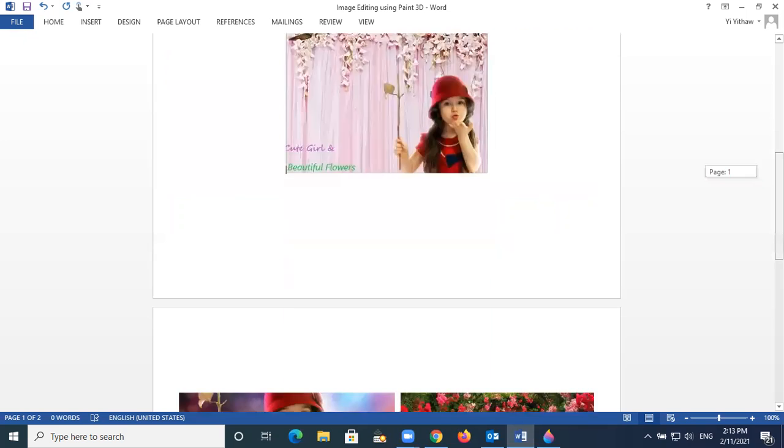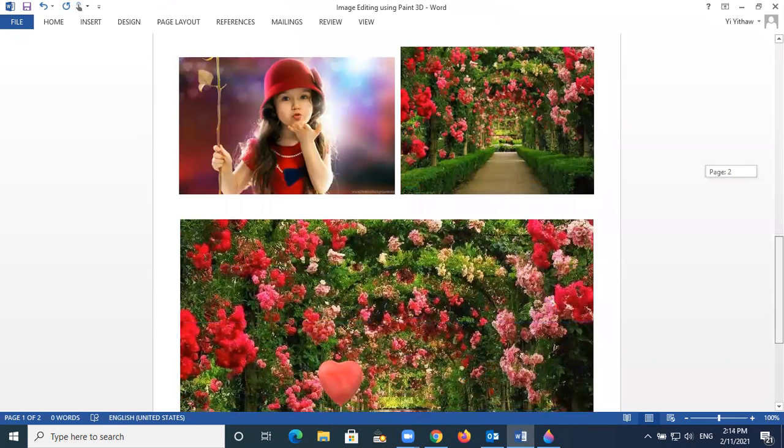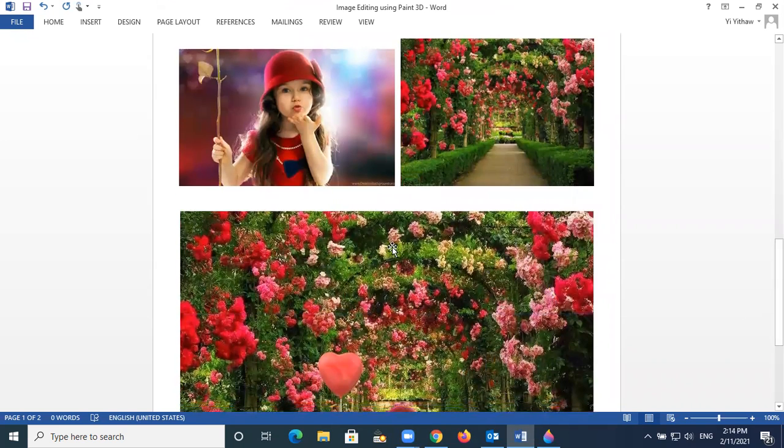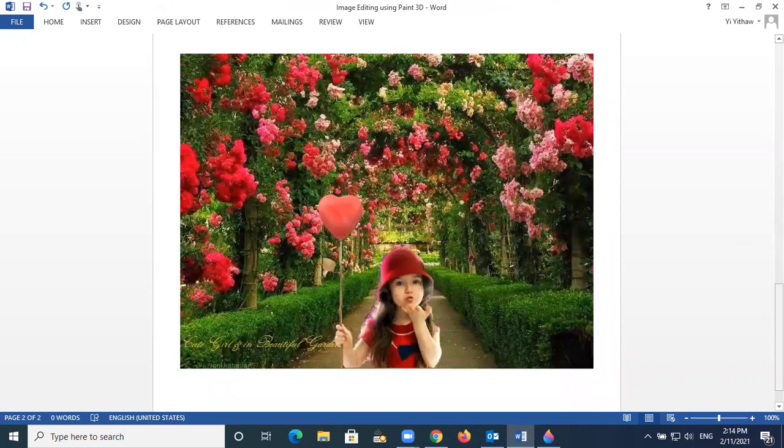Another one I also did with these things. As you know, here is this girl with the garden. These two pictures I combine here, and then I even add this girl with the balloon. One of the balloons is given. And then I write something here. So this is one of the tasks that you have to do regarding these subjects.